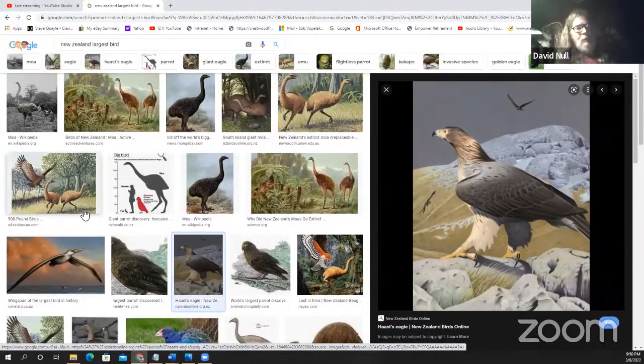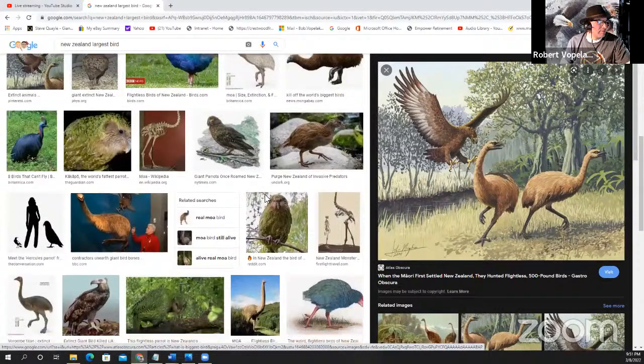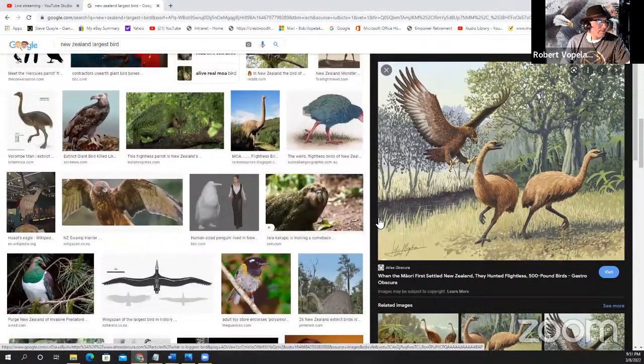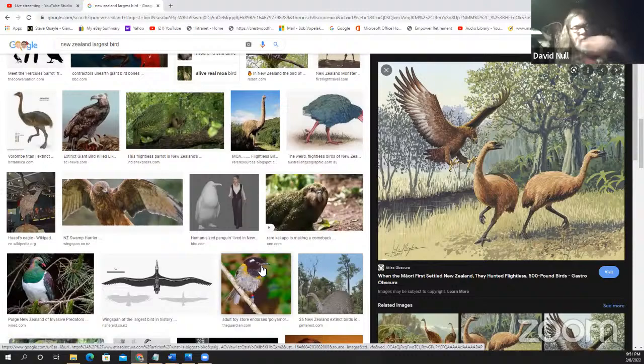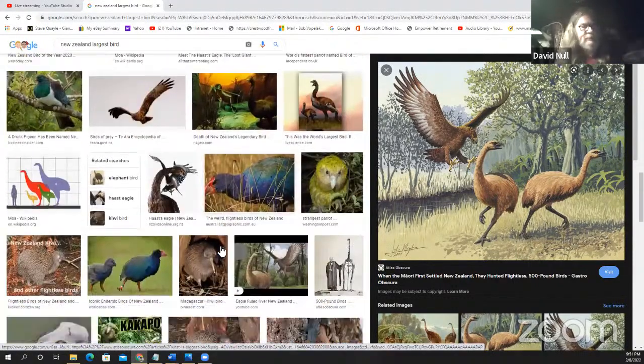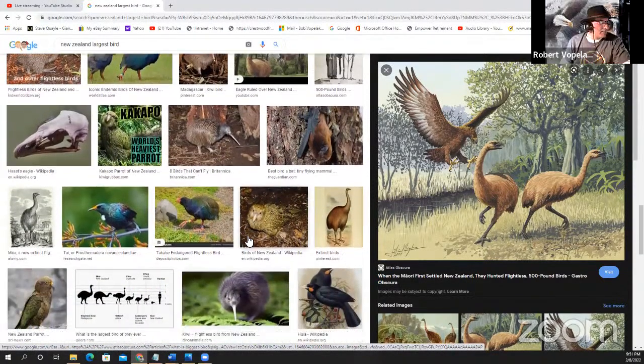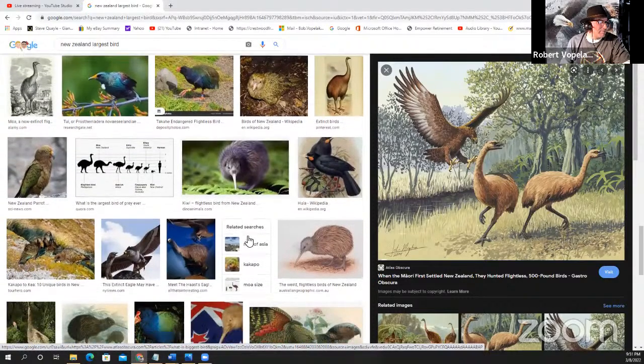They are some beautiful birds. Maybe that's the one he was talking about. They hunted flightless 500-pound birds. That's a big eagle to hunt the giant emu-looking thing. I bet you that's what he was talking about. If we had those running around in North America like deer, I might hunt them. I think people would probably shoot them.